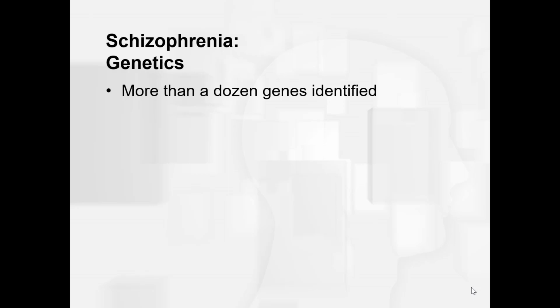So more than a dozen genes have been identified. Research suggests that there is a genetic component, but it doesn't depend on a single gene. There's a lack of replicability across populations. And one thing I really think is that perhaps it's because all individuals that are diagnosed with schizophrenia are lumped into the same category, and thus when we're looking for genes, we're looking for genes in all these individuals, that perhaps there are subsets to this disorder. A lot of the genes that have been identified seem to be important in brain development, glutamate, connections between the hippocampus and prefrontal cortex, but again, there's a lack of replicability.